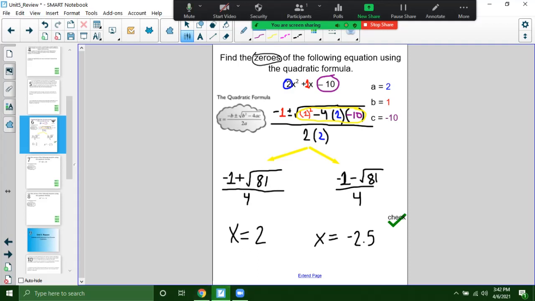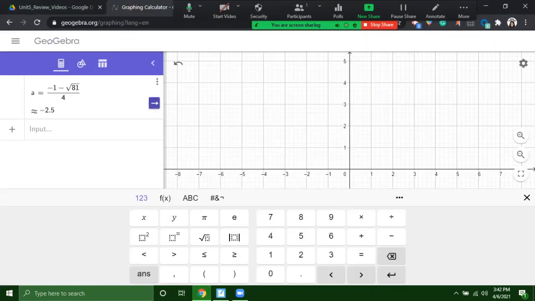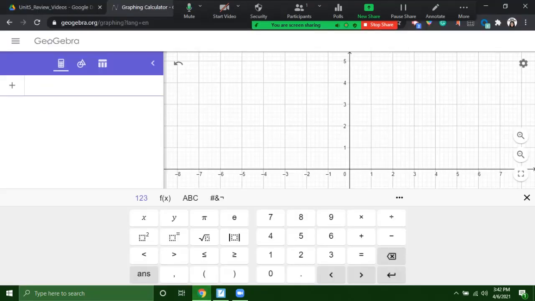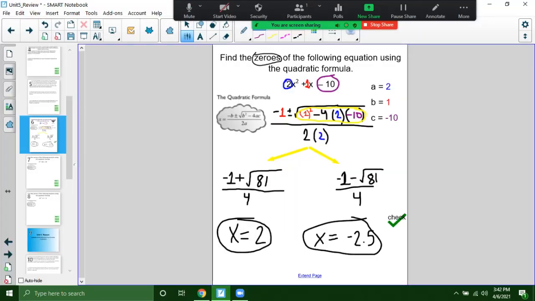Now, if you wanted to, this will be it. That's it. These are your zeros right here. If you want to go a step further, because like I've told you, there are many different ways of getting your answers, you can also check in GeoGebra by actually graphing the equation to check to see if your answers are correct. 2x to the power of 2 plus 1x